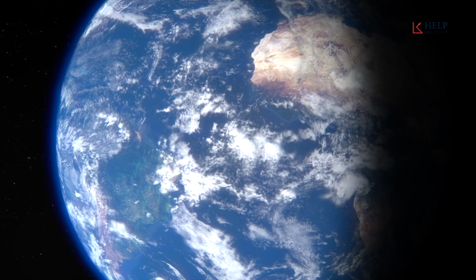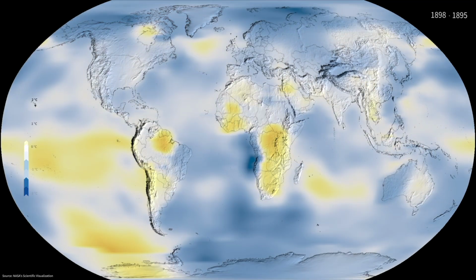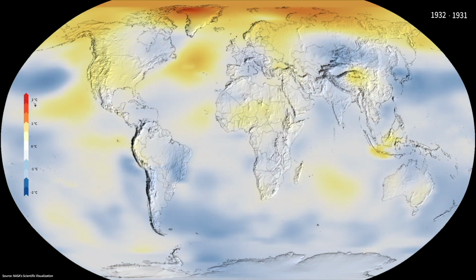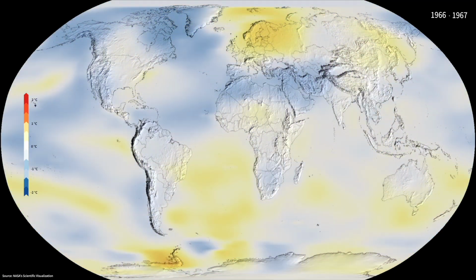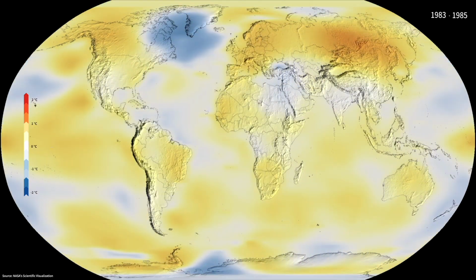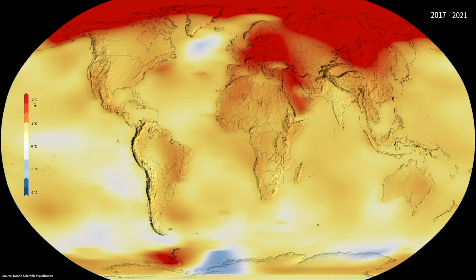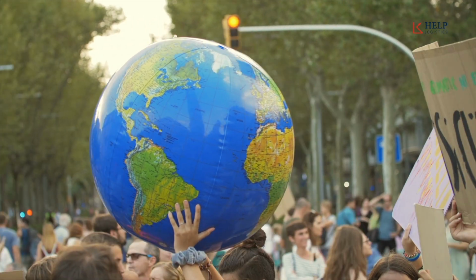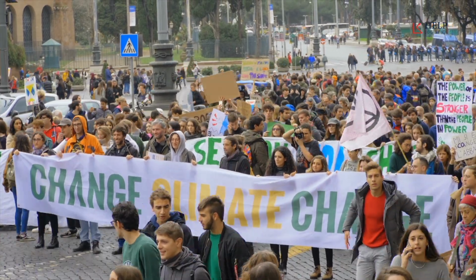The Earth is warming up as a result of human activity. Today, the average surface temperature is estimated to be 1.1 degrees Celsius above pre-industrial levels, and that number will continue to increase at an alarming rate if we do not drastically act against it. We are getting dangerously close to the 1.5 degrees Celsius limit and are clearly not meeting the expectations set by